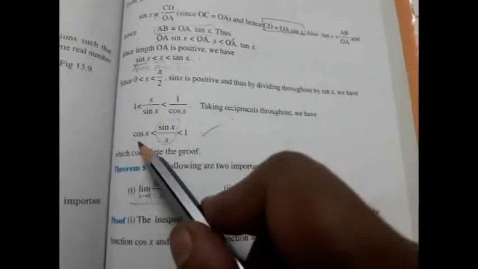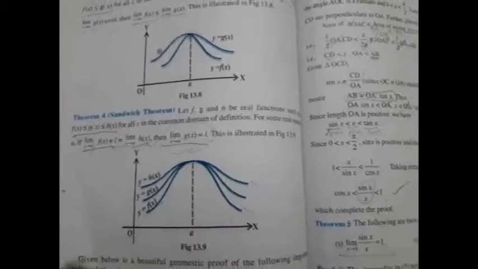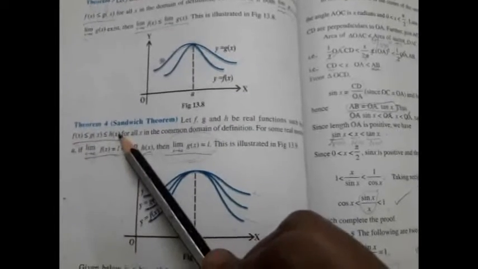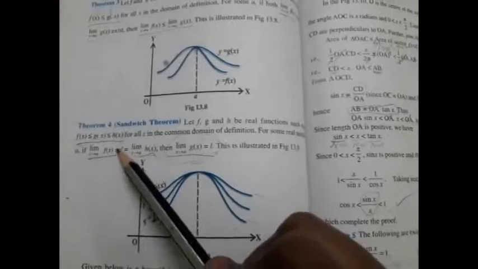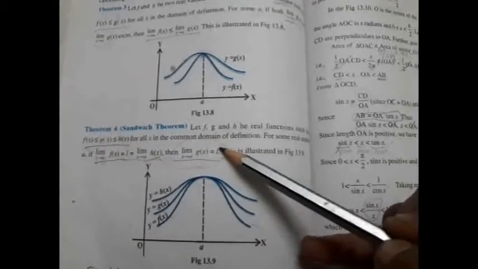How? Just now we have seen the function sin x by x lies in between cos x and 1. That is, it is sandwiched in between the functions cos x and 1. So we have seen the sandwich theorem, which says if the first and the last function tend to one particular limit, then the middle function will also tend to the same limit. The same way here, as x tends to 0, cos x will tend to 1 because cos 0 is 1, right? Similarly, as x tends to 0, 1 will also tend to 1. Therefore, by the sandwich theorem, limit x tends to 0, sin x by x will also be equal to 1 only.